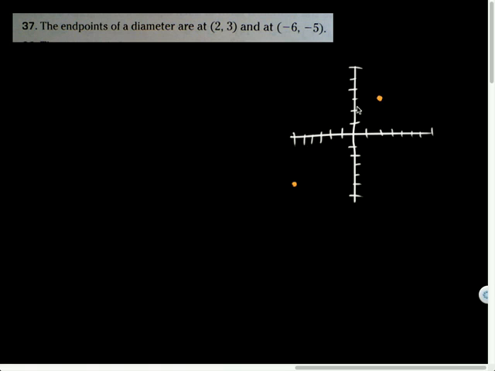So let's see, here are the endpoints of a diameter. So this is super key here. Super key. So my circle's diameter is that. So if I want to find the center and radius,